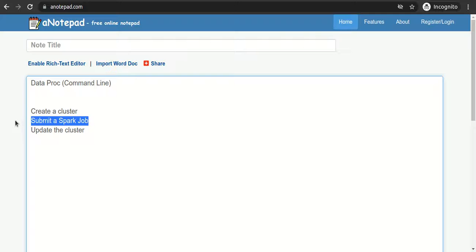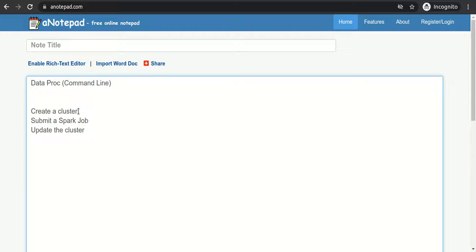Here we can submit multiple kinds of jobs. We can submit a Spark job, a PySpark job, a SparkR job, a Pig job, or Hadoop jobs. But as part of this lab we will submit a Spark job, and then once the job is submitted, we will see if there is any command to modify the existing cluster.